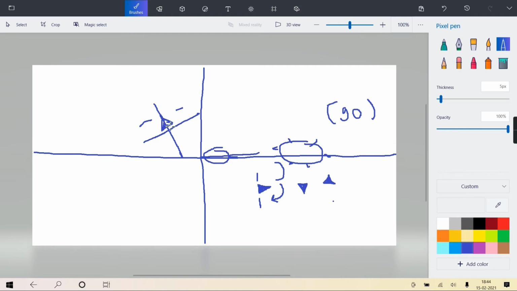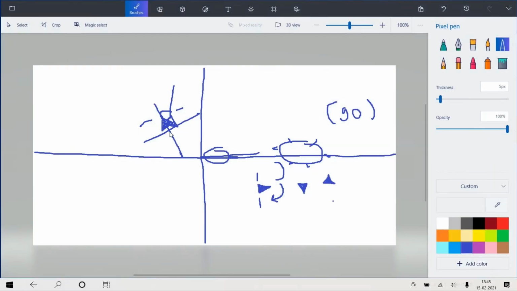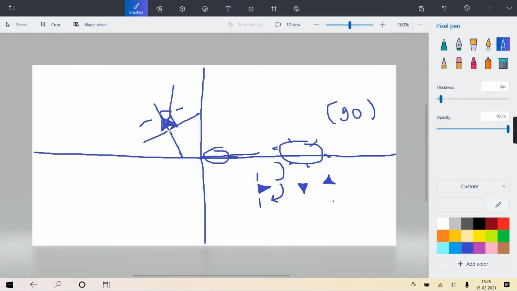So I'm saying right 45. So the turtle will look like this now, facing this side, 45 degree right. 45 degree left also can be there. So hope you are imagining it. Depending on which side the turtle currently faces, based on that the left and the right is considered.